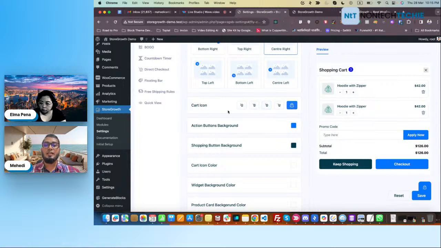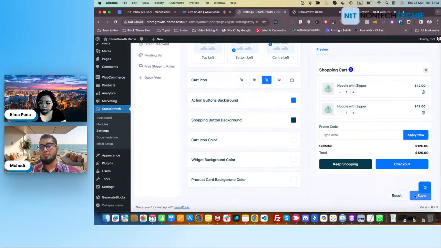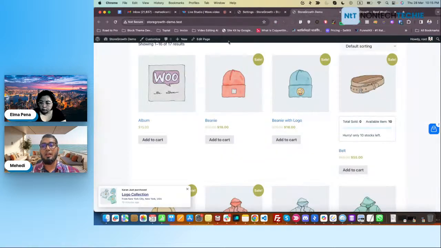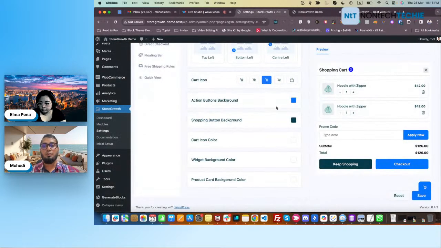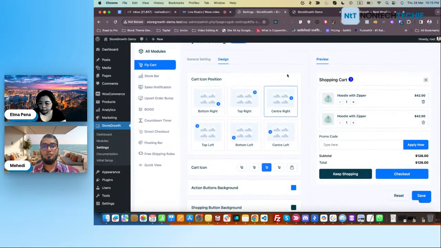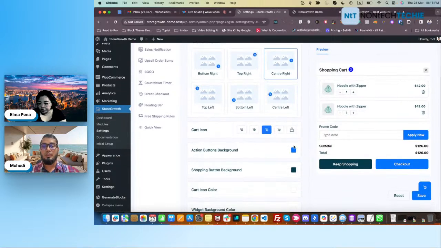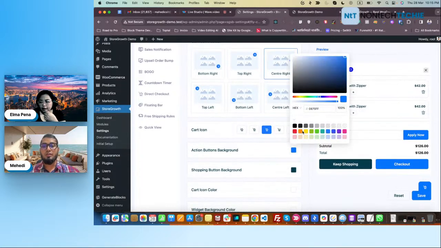Another thing is that I have multiple cart icons that the store owner can choose from here. I can easily select different icons. Like I have added a different icon, you see the cart icon changed here. And all the things here are customizable. If you want, you can change the color, you can change the background